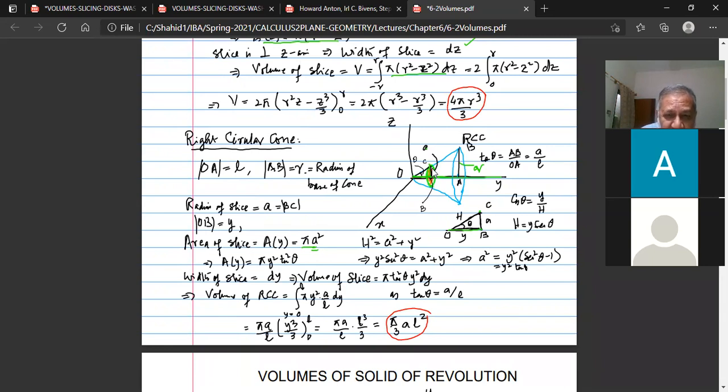So the area of the slice, which was written as pi a square, and we have found that a square is nothing but y square tangent square theta, where theta is constant. So tangent theta is constant, y is changing. So this is the area of the slice ultimately obtained, multiplied with the width dy gives the volume of the slice, and then integrate over y from 0 to the length of the right circular cone. Tangent theta,